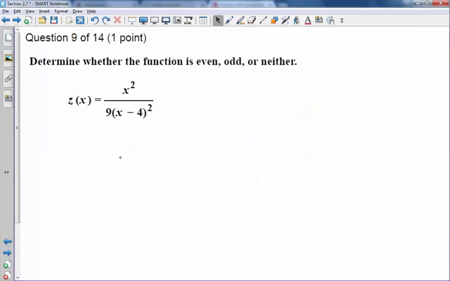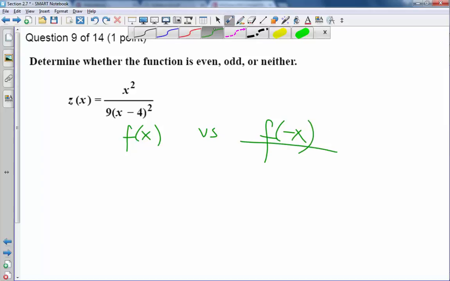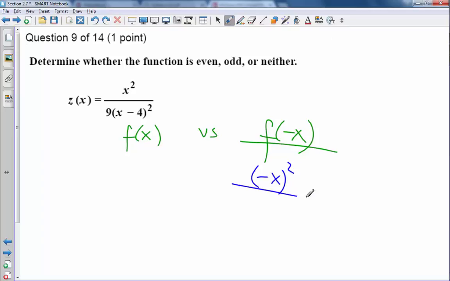Alright, we're comparing f of x with minus f of x versus f of minus x, right? Let's substitute minus x everywhere. Minus x squared, 9 times minus x minus 4